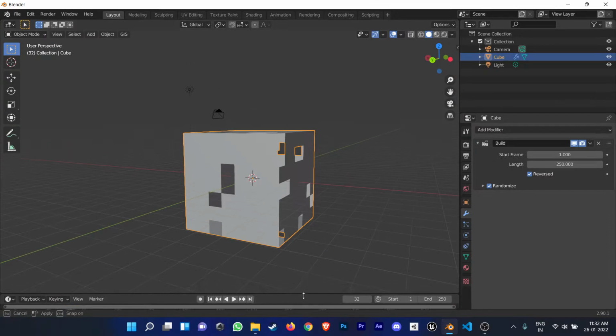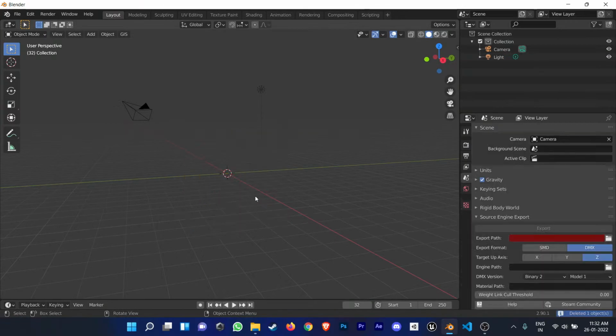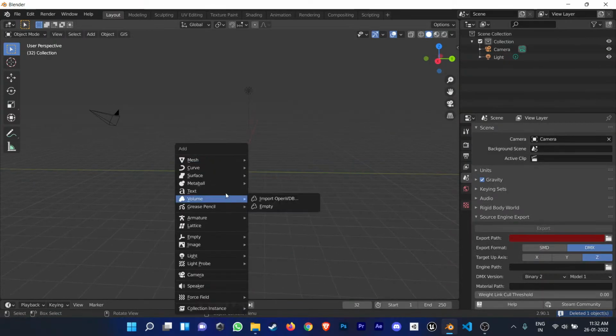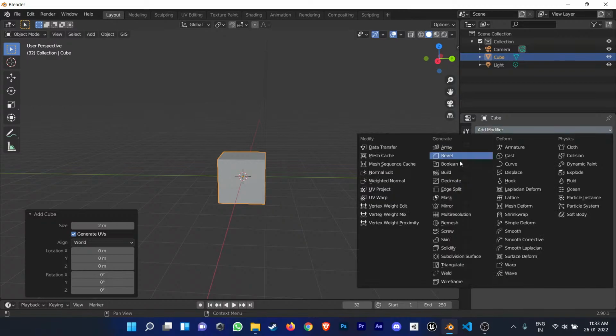Let me just set my viewport again. Leave this cube. Let me add one more cube. It is just a bit easier to explain everything on the cube because everyone uses the cube. Okay, to explain the decimate modifier, we will first be looking at a